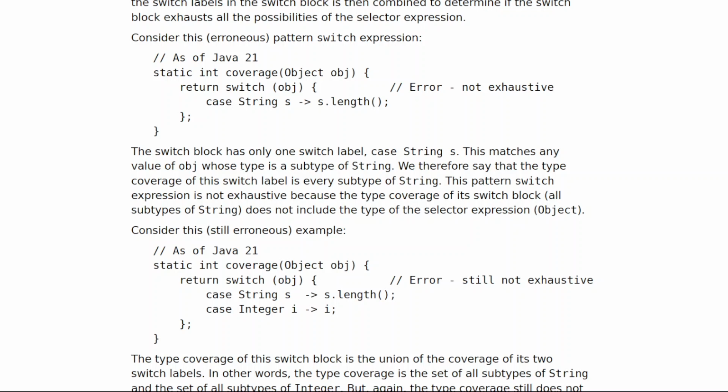Consider this, still erroneous. Example, as of Java 21: static int coverage(Object obj) { return switch (obj) { // error, still not exhaustive. case String s -> s.length(); case Integer i -> i; }